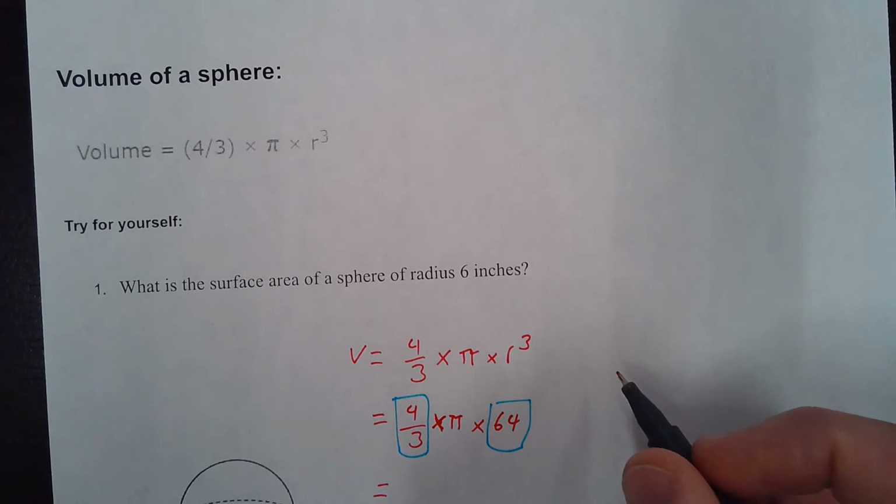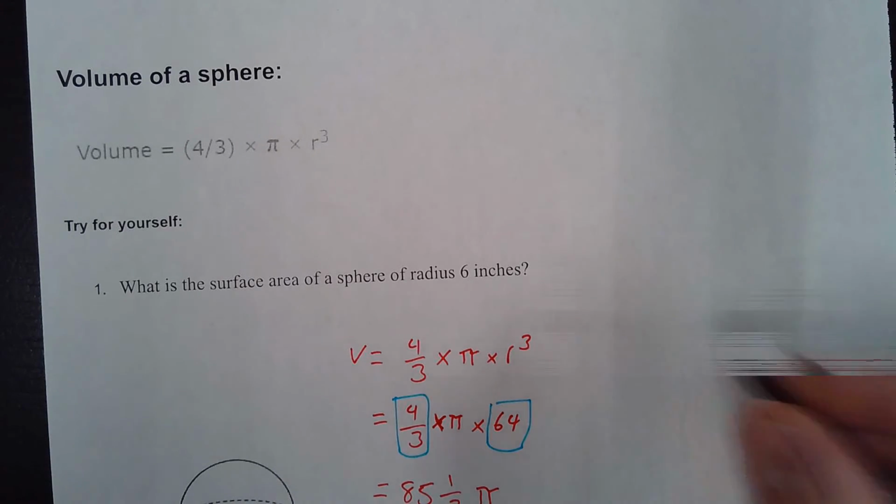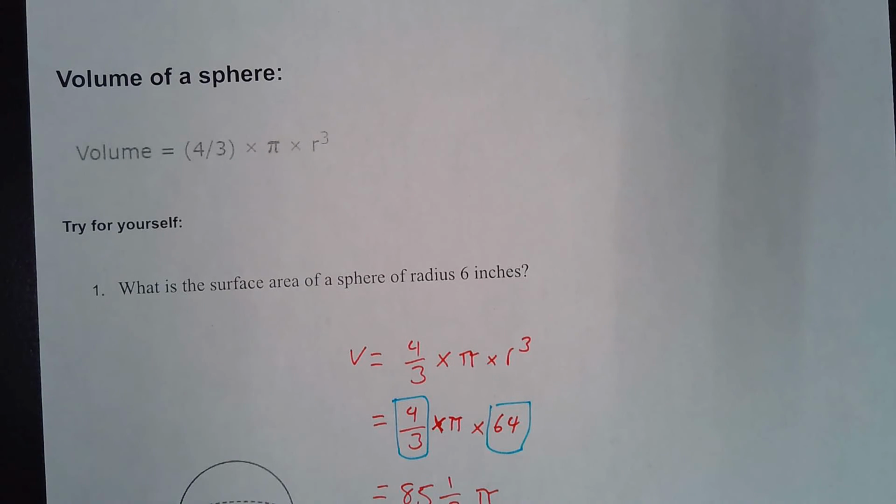Let's see, we're going to get a fraction here, but it's going to be 85 1/3 pi. So we can leave it in that form, or in this case, if we wanted to multiply this out as a decimal, we would have to turn this into a decimal. So let's write this as 85.3